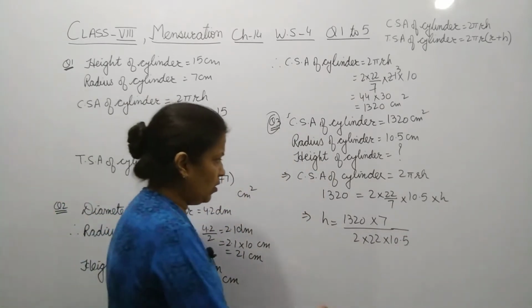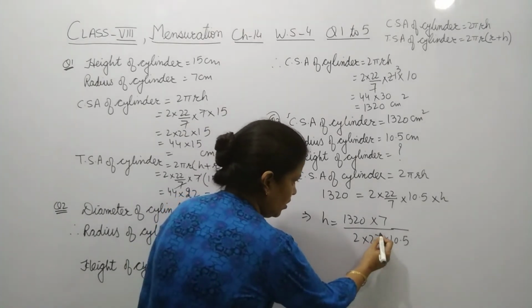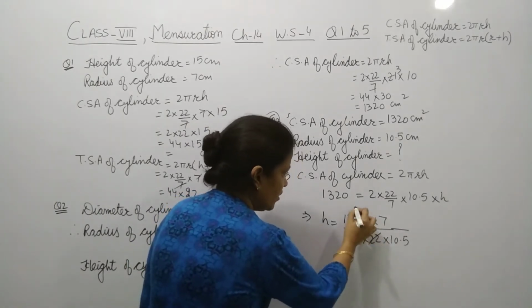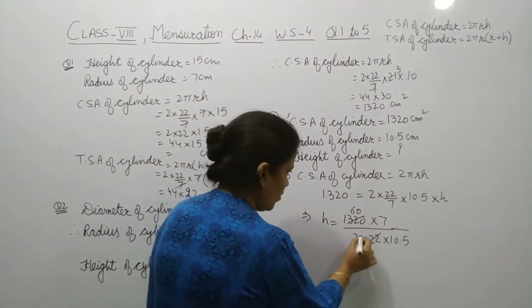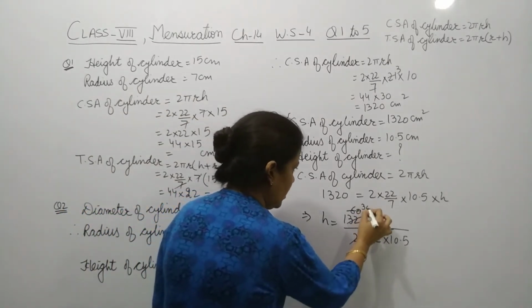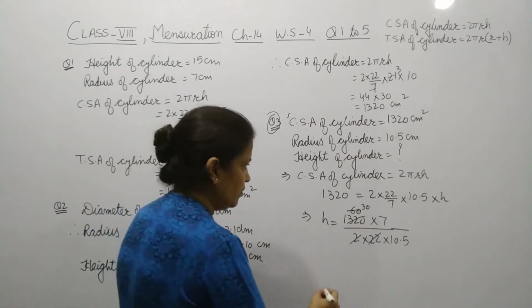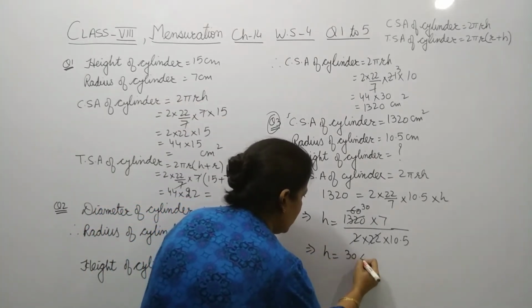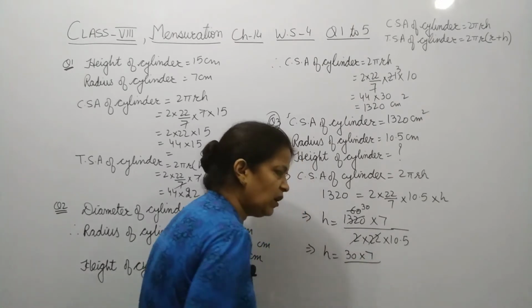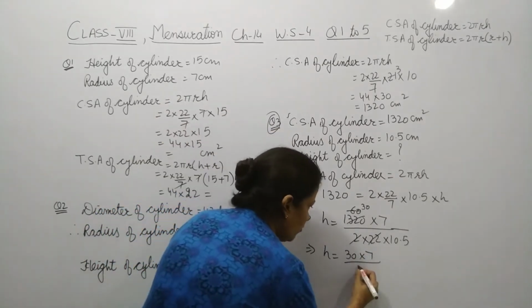Okay. Now it goes with 6. 60 will come, and now cancel it. 30 you will get. Now it will be further H equal 30 into 7 over 10.5. You can remove its